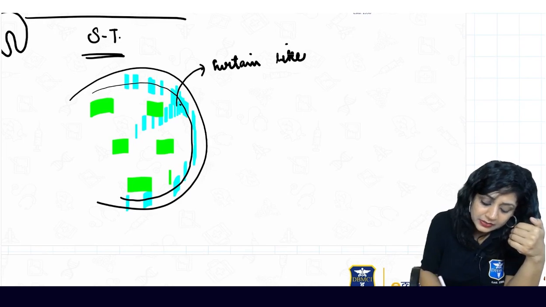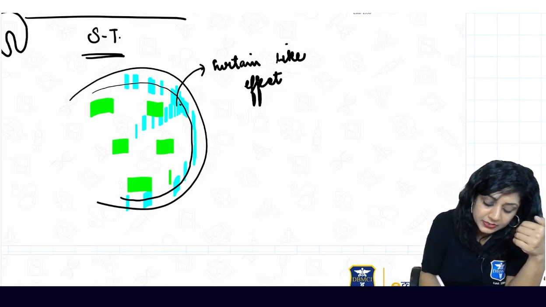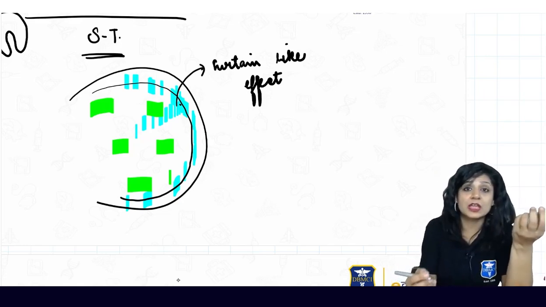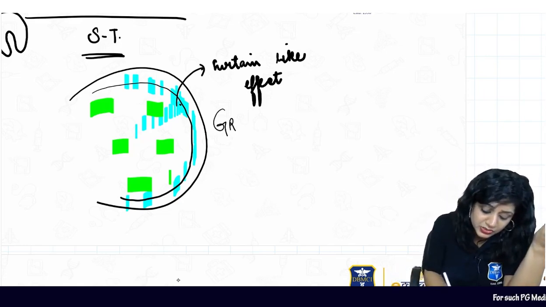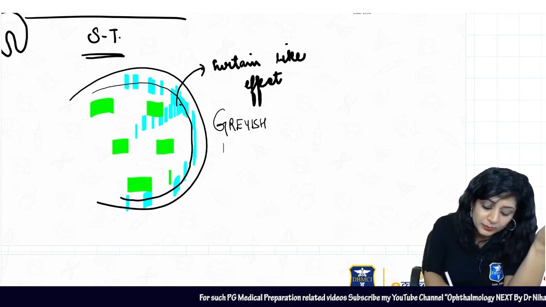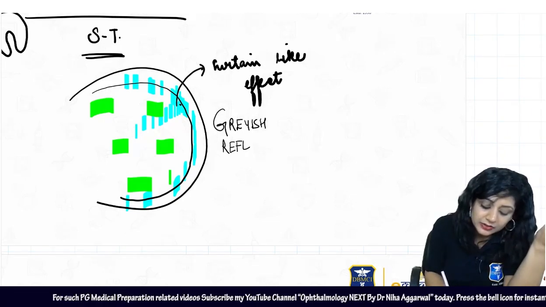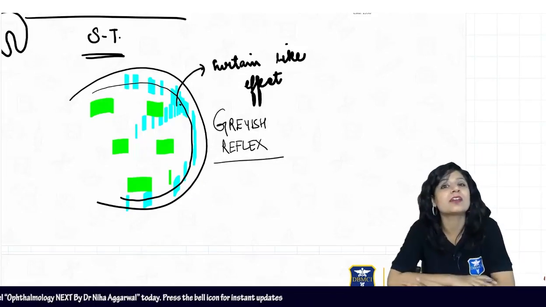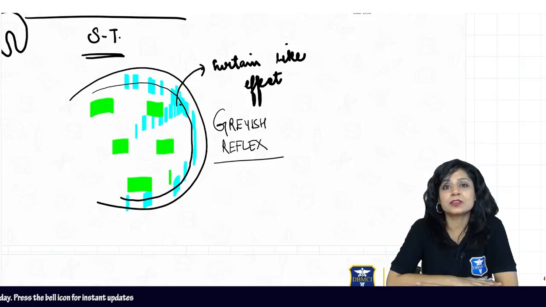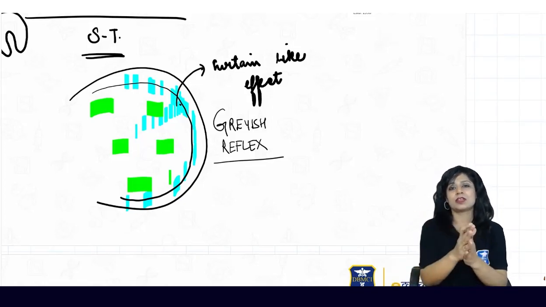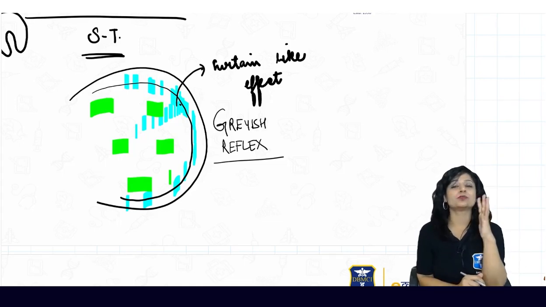And this person will actually present with a sudden painless diminution of vision. Rather, it will be loss of vision. And a very, very important thing is a grayish reflex. What is the normal color of the reflex? The normal color is a red reflex. So if I am getting a gray reflex instead of the normal red reflex, it is always a statutory warning, an alarming symptom that something is wrong, and grayish means the retina is falling there.